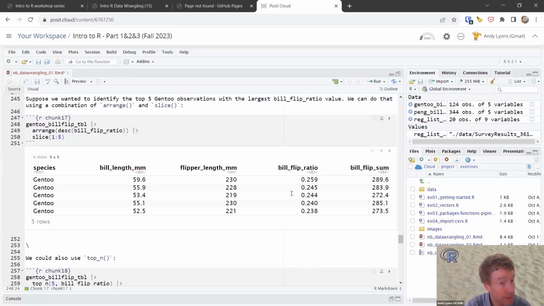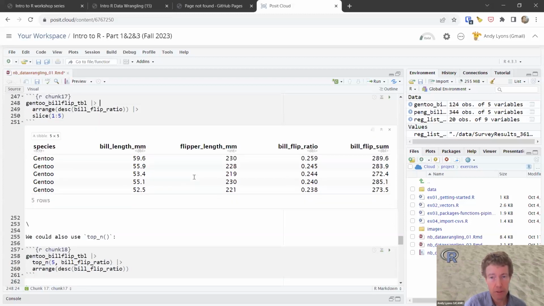In code chunk number 17, we're sorting the rows by the bill flip ratio column in descending order, and then we're slicing off the first 5 rows to give us the top 5 observations. All right, so that's one way that you could get the top 5 observations, or the top n values or rows